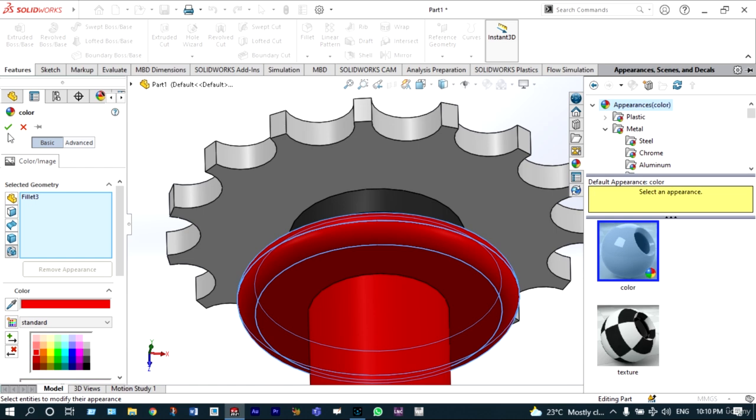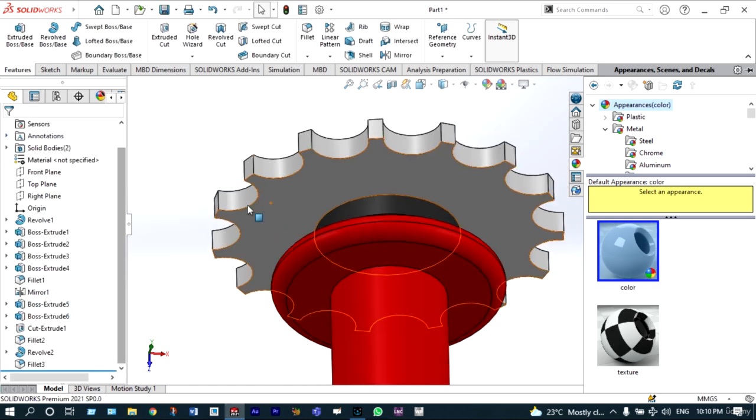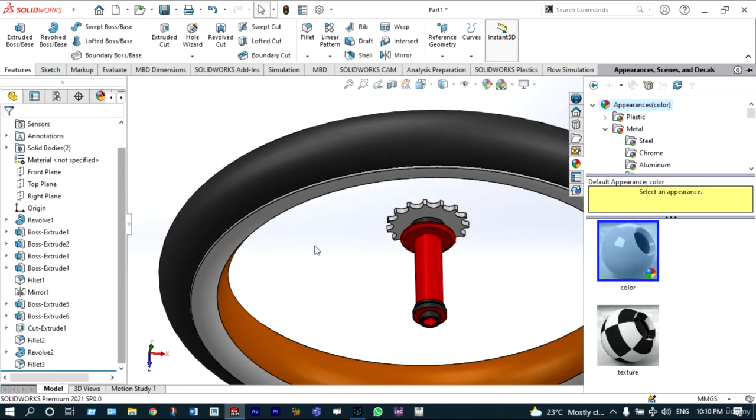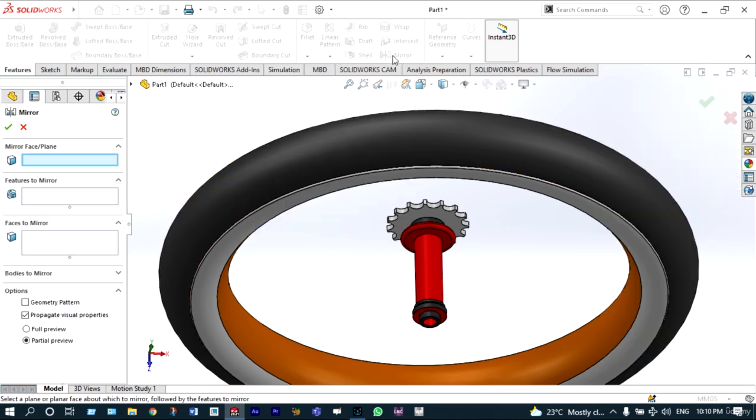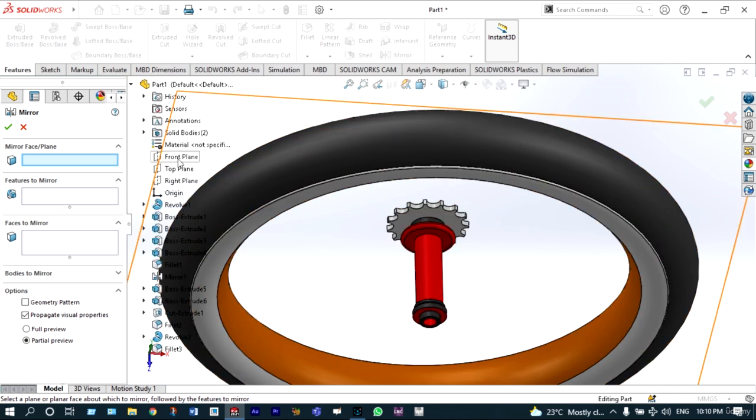Accept this one with green check. Now the same thing can be copied on the other side by using mirror entities. So starting with mirror, it is asking to select that mirror plane. It will be definitely the front plane. You can select front plane from here,